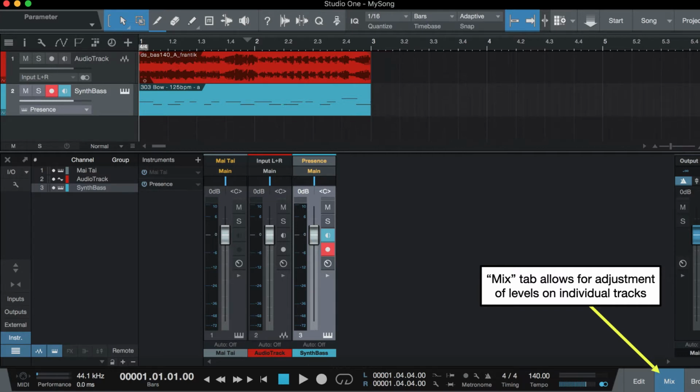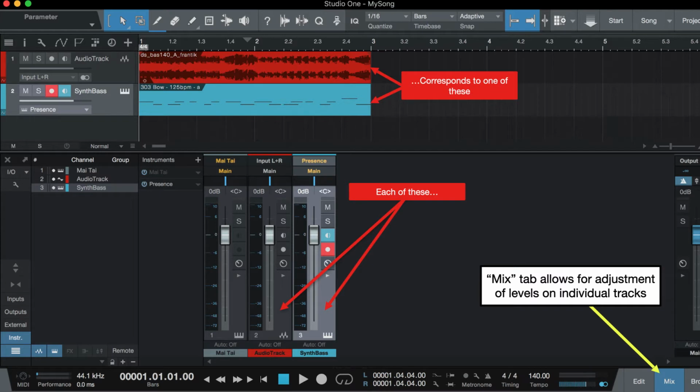So let's talk about the correlation between what's going on here at the top and what's going on in this Mixer tab, or the playlist and the mixer. Each one of these mixer tracks corresponds to one of these instrument tracks or channels that we see in the playlist, and the colors are pretty much exactly the same. Notice how we have this audio track, which corresponds to an audio track down here, and we have this synth bass, which corresponds to the synth bass here. We also have an additional instrument track for this synthesizer called My Tai, which isn't actually available there in the playlist. This is because not every instrument in Studio One will always have a one-to-one correspondence to a playlist